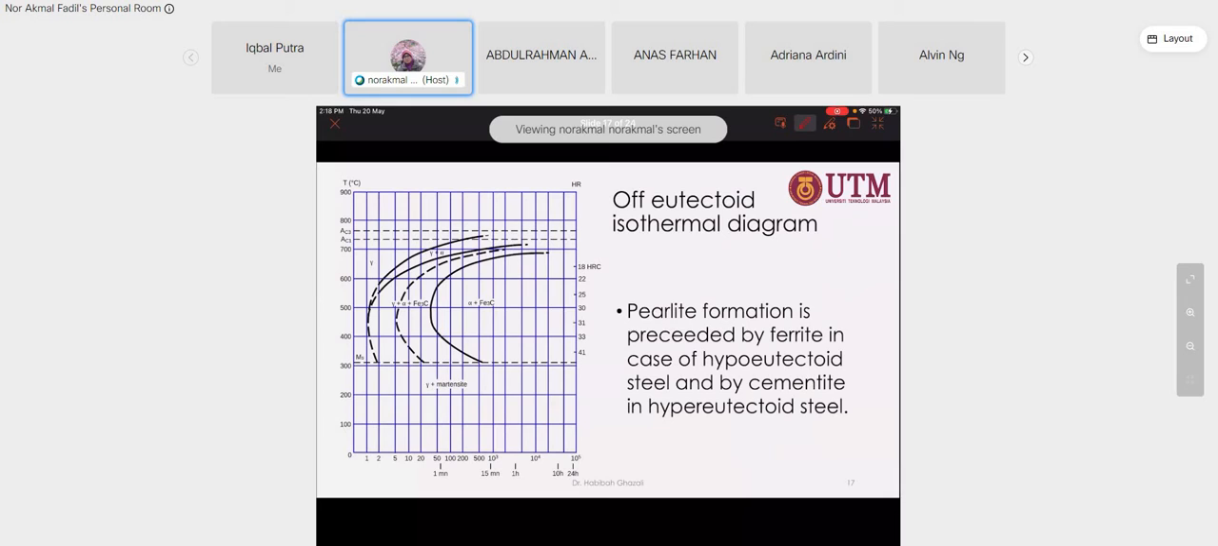So for the eutectoid isothermal diagram, it is the same C curve, or TTT diagram, or isothermal diagram, but with different carbon composition. If you look at this diagram, you may see a pro-eutectoid microstructure. Right. So, of course,